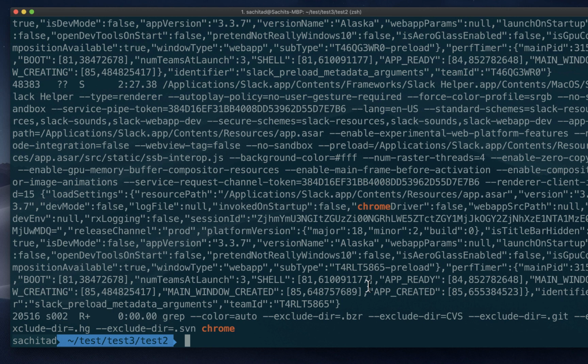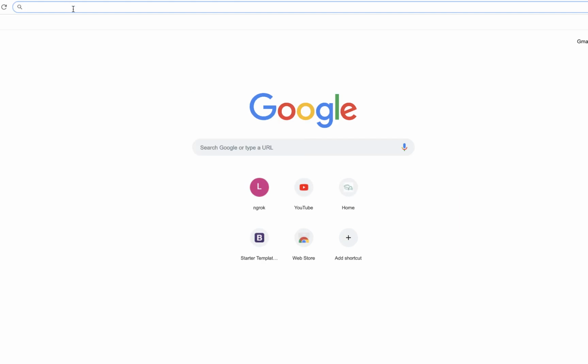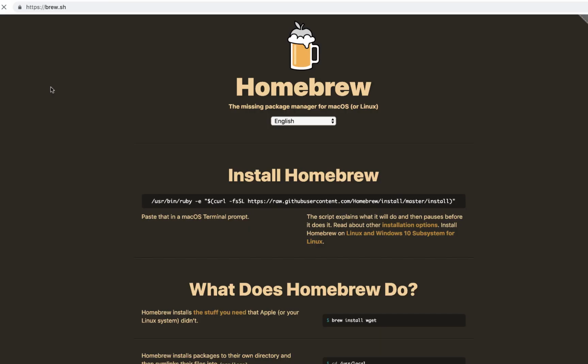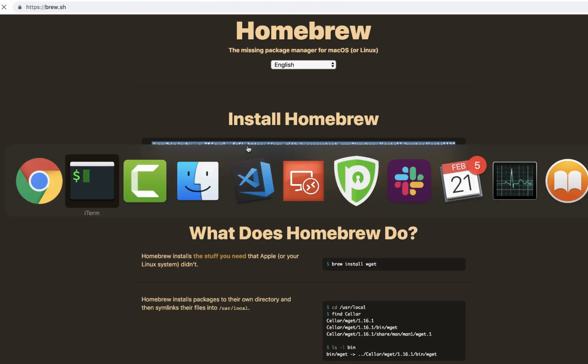Now there is one last thing, guys. Let's learn how to install and uninstall applications using the terminal. This can be pretty cool if you have never used it. So for this, we are going to use this amazing tool called Homebrew. Homebrew is free, and it's pretty easy to download on your computer. So just Google for Homebrew. I'll also put the link in the description below, and then basically just copy and paste that command in your